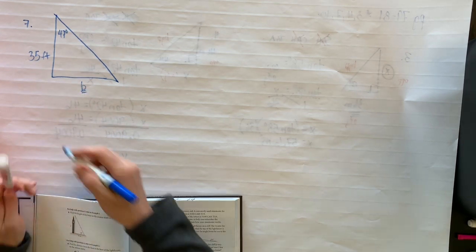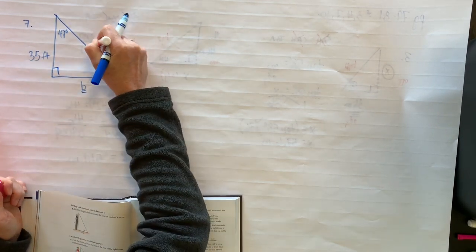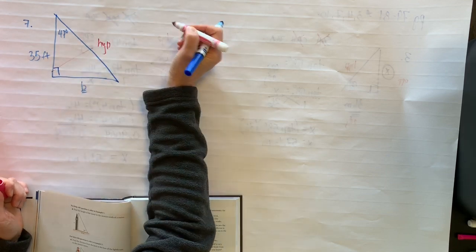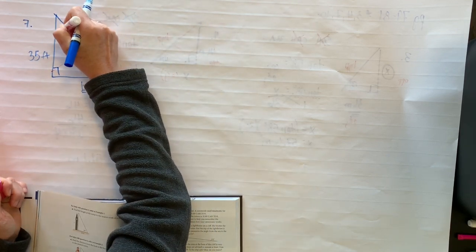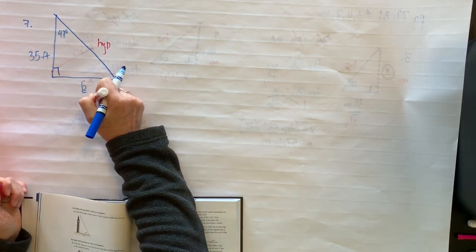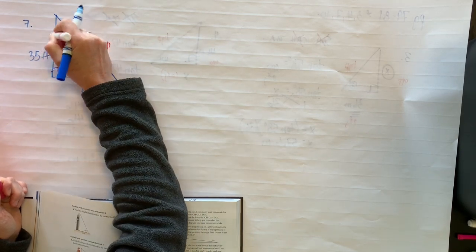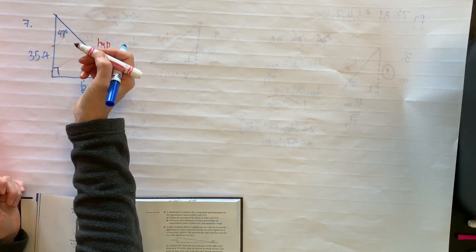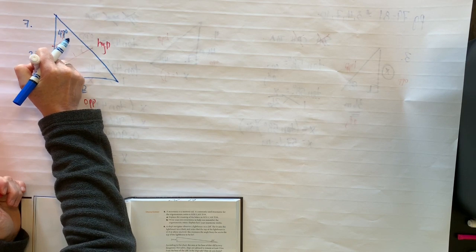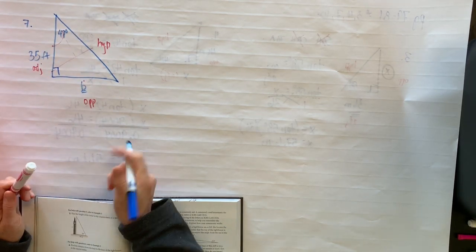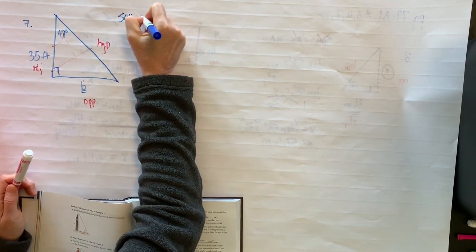So let's label our triangle. This is my right angle. Therefore, this is the hypotenuse. It's across from the right angle. This is my angle of interest. This is opposite it. This is touching it. So the 35 is touching that 47 degree angle. So that's adjacent. Okay, and again, if I'm looking at SOHCAHTOA,